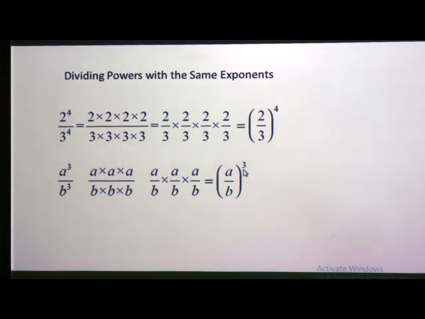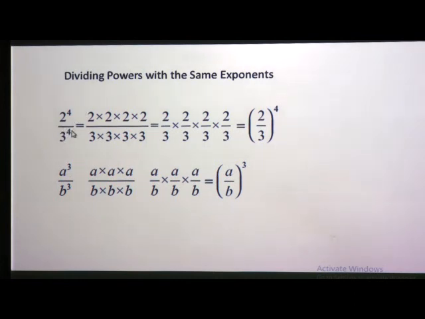So, in this way we can say, when you are getting some numbers in a fraction form, that is 2 upon 3, or you can get 5 upon 4, the exponent may be different here, then we can write its common power 4, or whatever is given, as 5. So, both ways we can write, as the powers with the same exponent